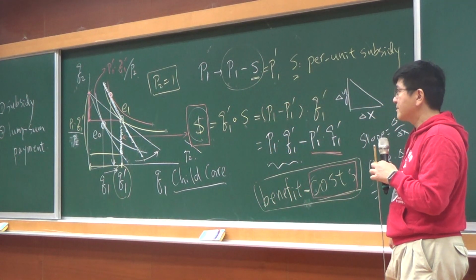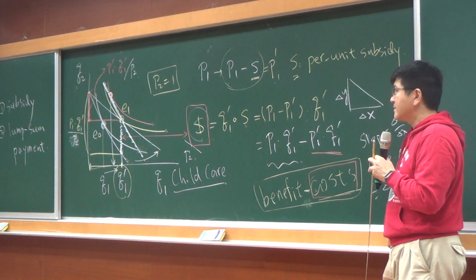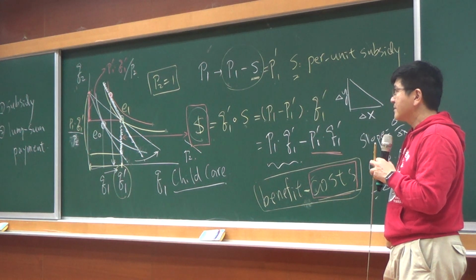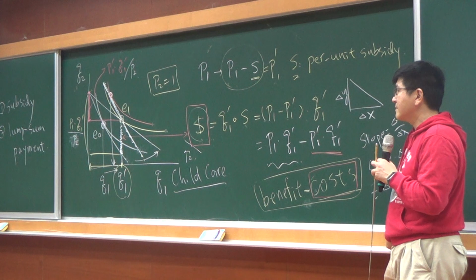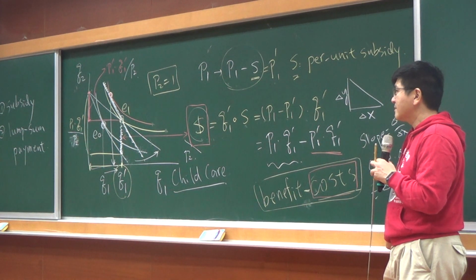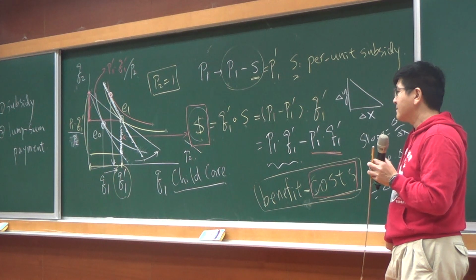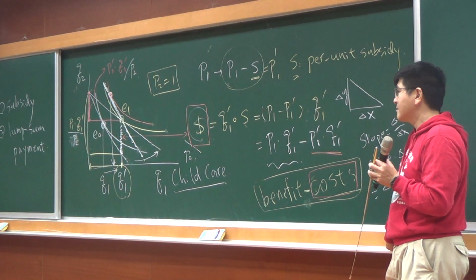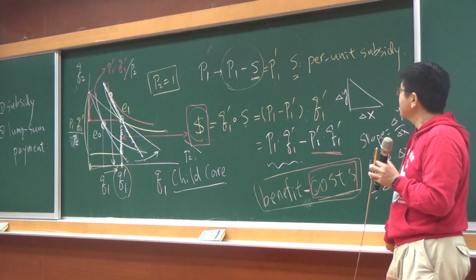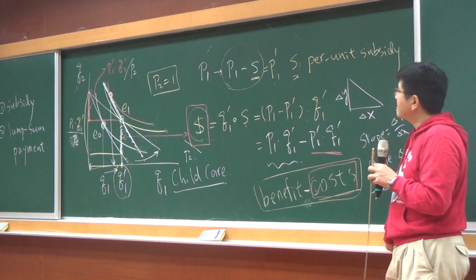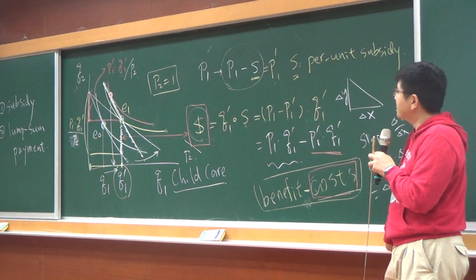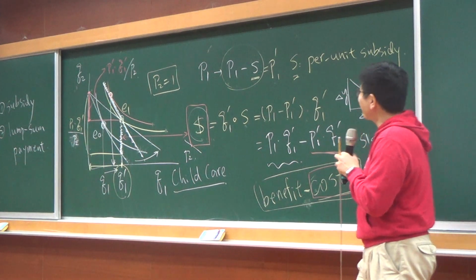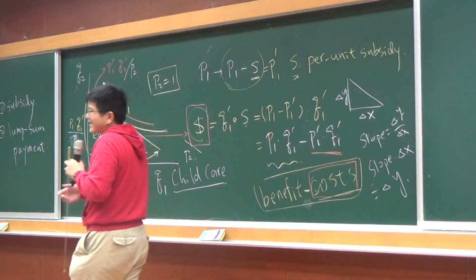Could you please tell us again about the target of the policy, since it will reach different results? I want to know what the difference is between the target of the policy for lump sum payment and for the subsidy? Well, I just want to help the family. All right. So the subsidy is that, okay,